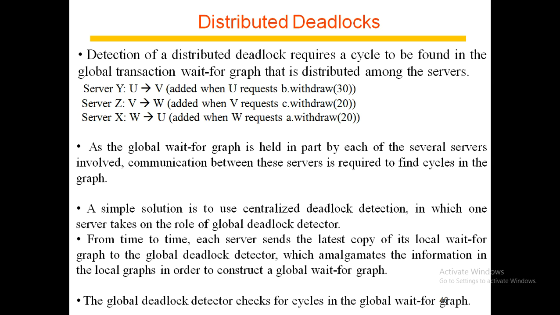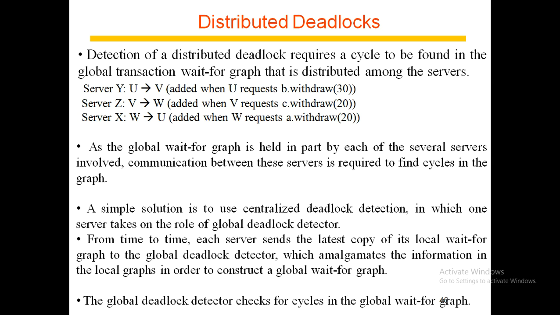From time to time, each server sends the latest copy of its local wait-for graph to the global deadlock detector, which takes this information in the local graphs in order to construct a global wait-for graph. The global deadlock detector checks for a cycle in the global wait-for graph. When it finds a cycle, it makes a decision on how to resolve the deadlock